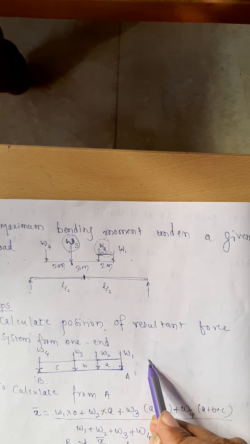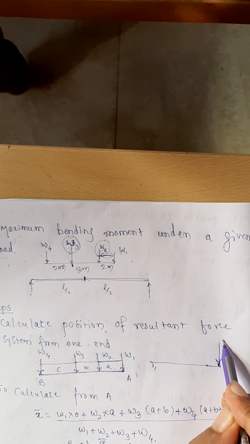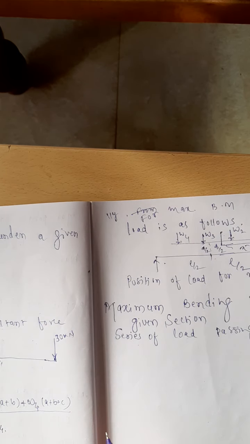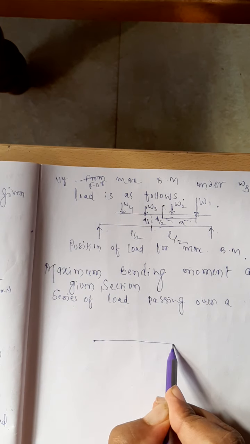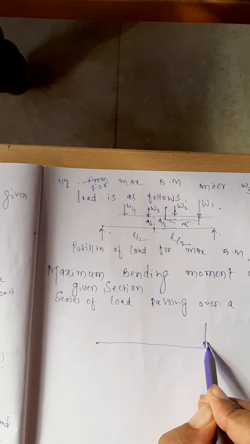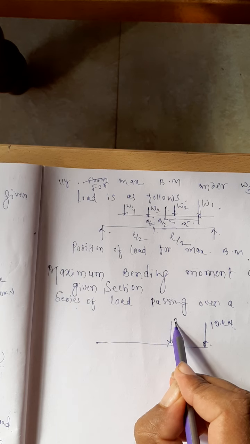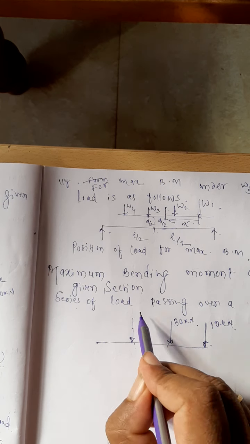For example, I will explain you with an example. Like here, he has given you the loads. One load is equal to 30 kilonewton. One more load. Yes, I'll put it on a different page so that it will be more clear to you. Say here, series of loads are moving like this. Here one 10 kilonewton load, here one more 30 kilonewton load. Yes, here a load of 40 kilonewton.